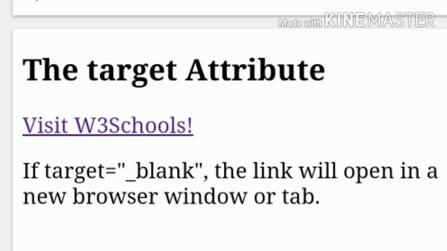A local link, or a link to a page within the same website, is specified with a relative URL within double quotation marks. These are for using absolute versus relative URLs.